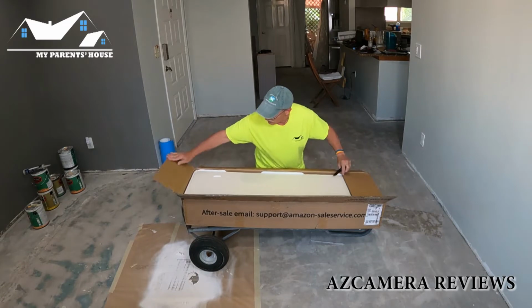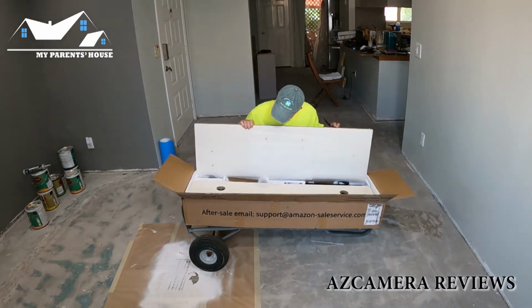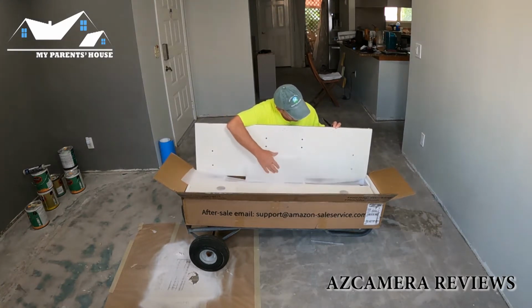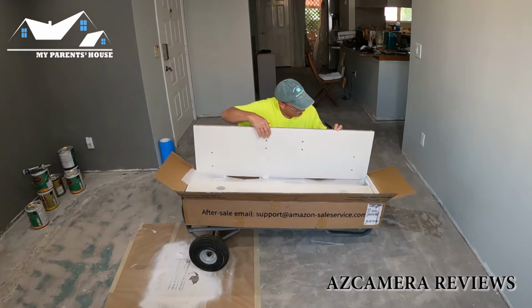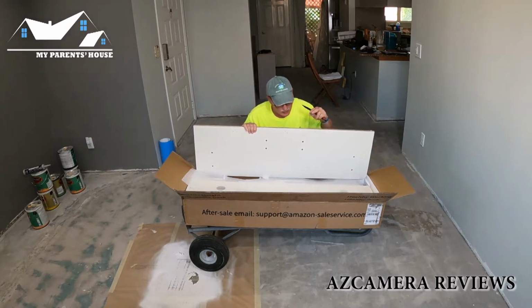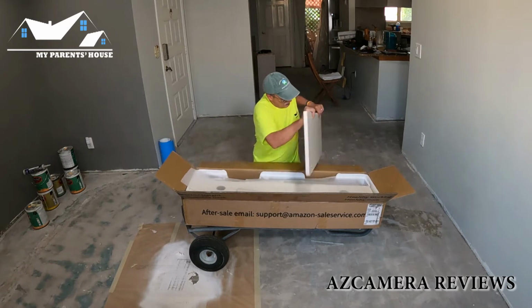and let's see what we got here. It looks like the top, and I really didn't want white. I had ordered wood, natural wood look, but this is white. But I'm probably going to end up substituting the top anyway at some point, so I'm really more interested in the mechanism than I am in the top. So let's put this aside,